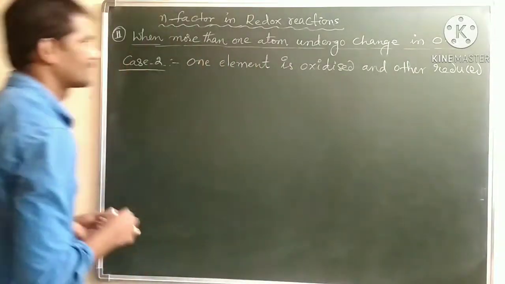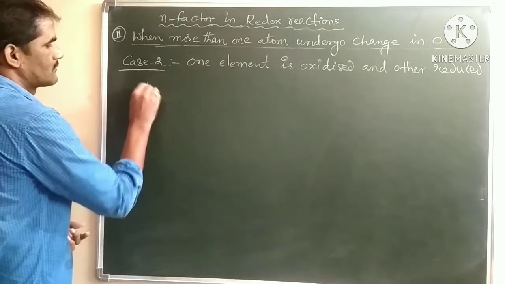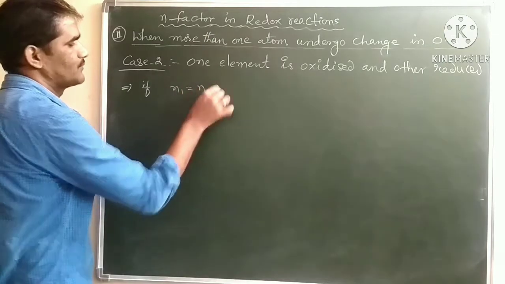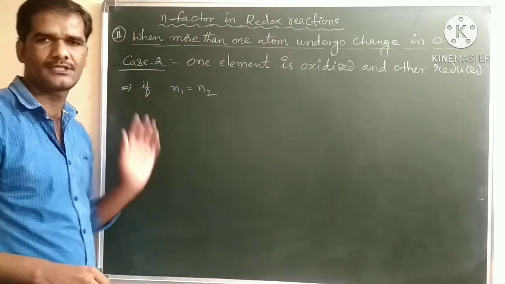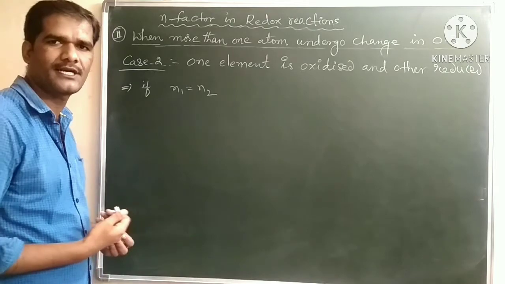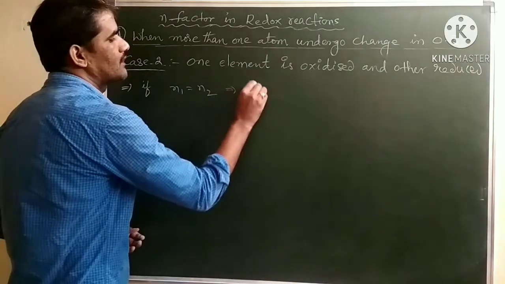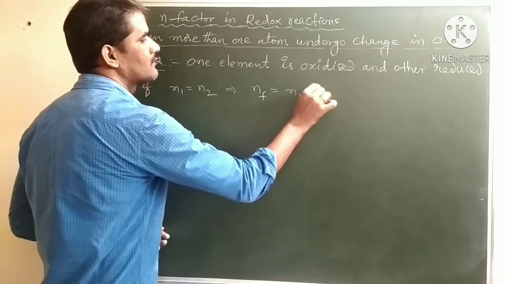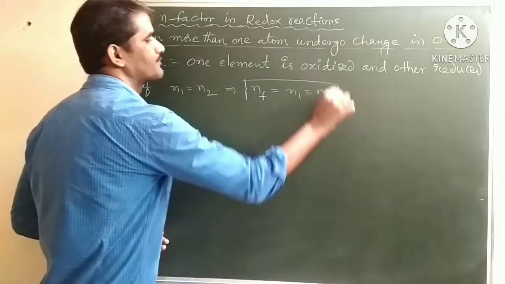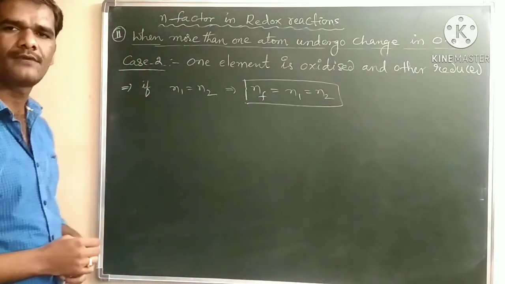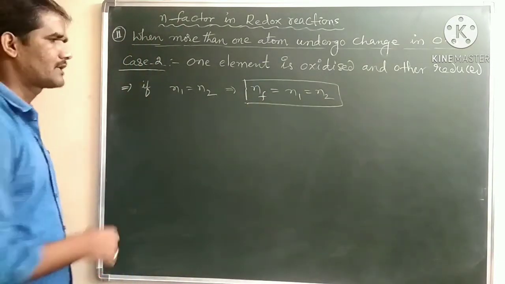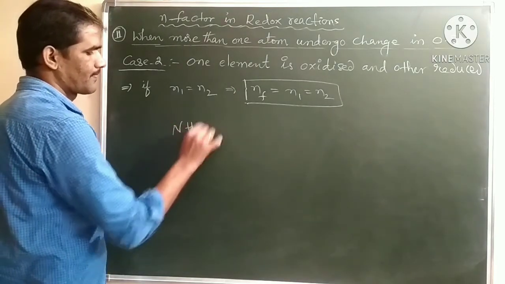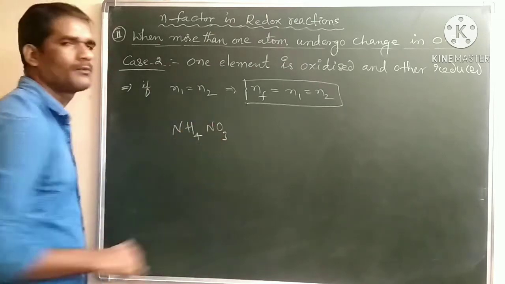So here, in the special case, if n1 is equal to n2, so in both cases the change in oxidation state is the same, for the oxidizing species and the reducing species, then the resultant n factor is equal to either n1 or n2, and any one we can take. So again we'll take some examples here. Ammonium nitrate